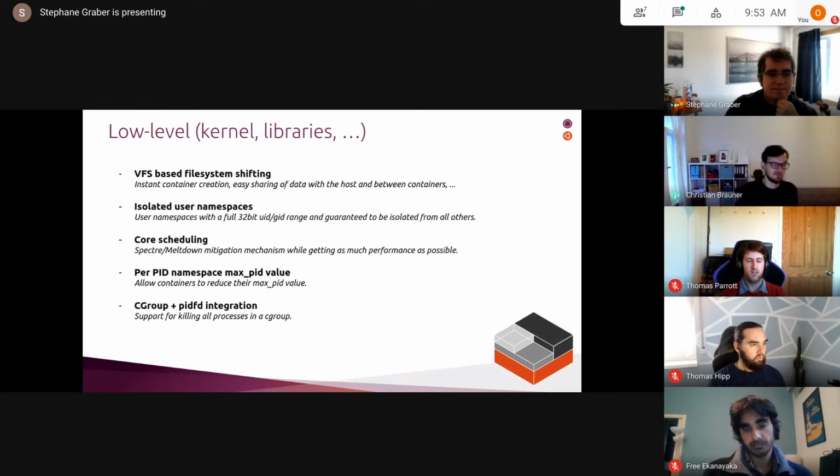I'm not going to go deeply into the implementation details. Obviously this is interesting, but the really nice thing is that it allows you to do stuff such as making a USB stick appear in multiple locations and making it writable for different users, especially interesting for FAT formatted USB sticks and so on. Obviously, with this approach, you can also easily share file systems between containers, although there are different solutions to that.